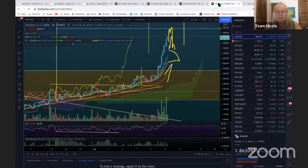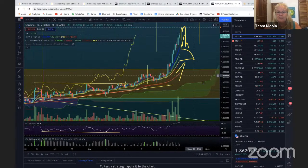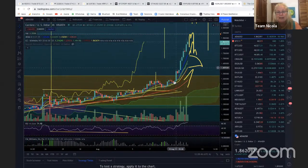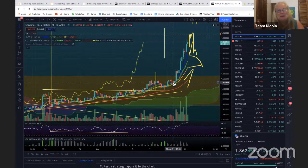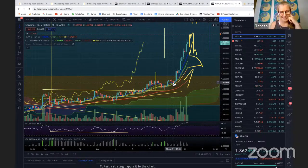But just briefly on ADA before we finish for the day, ADA does the same thing. It's a bolter. Boom, look at that, without any major retracement. It's a chicken head. You drew a chicken head. Oh, yeah. I will explain that in a minute. I'm spot trading ADA